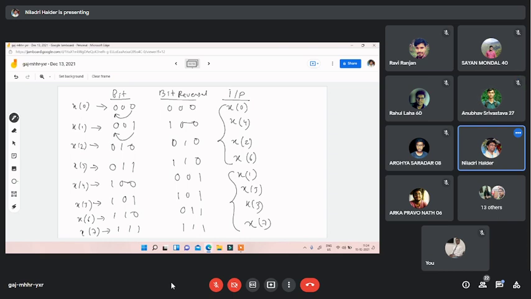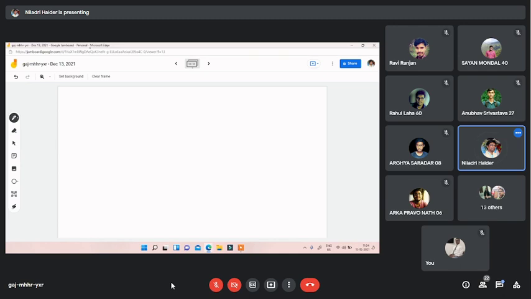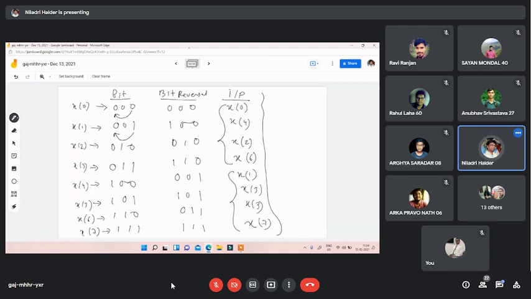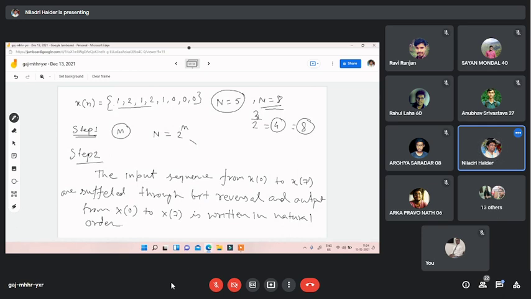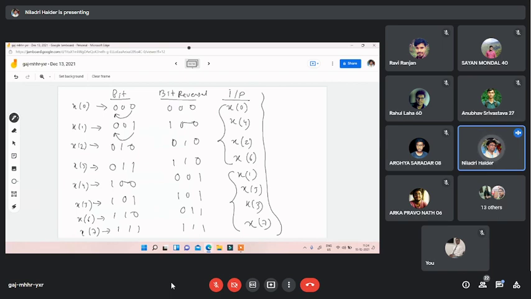Okay, sir. So that is your input. After that, you know the inputs, and for outputs, what I have told you, x0 to x7 will be in natural order. Meaning due to that input, whatever output you get, in the output you will write x0 to x7. There should not be any bit reversal for DIT FFT. There should not be any bit reversal in the output. So the first output you will get is x0, the last output you will get is x7.